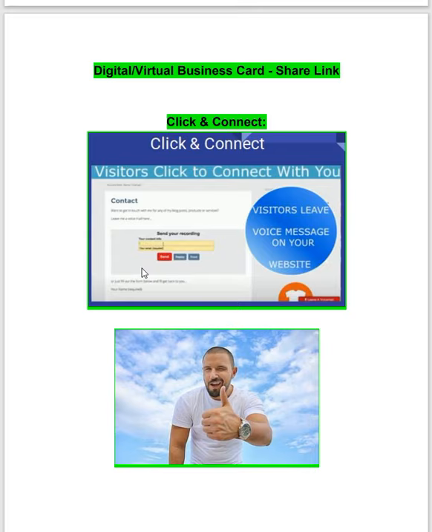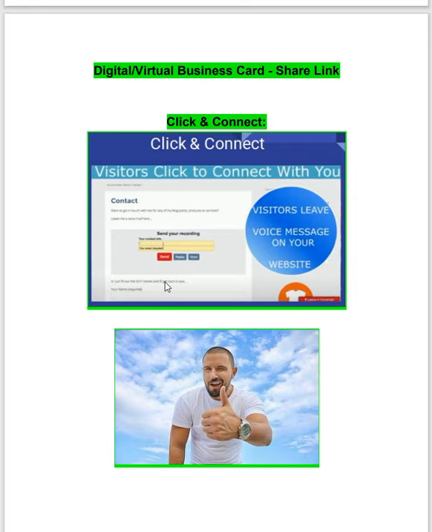When they click on the send or finish or submit button, it will ask for their name, email address and phone number, and that will be inboxed in your email right away. When you open the email you will have the customer's information, and there will be a link to play their audio message. You can listen to the message, and then you can follow up with them at your convenience. So basically visitors leave a voice message on your website by tapping on the record button.